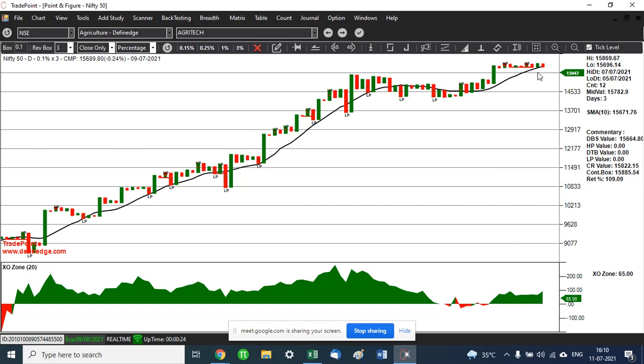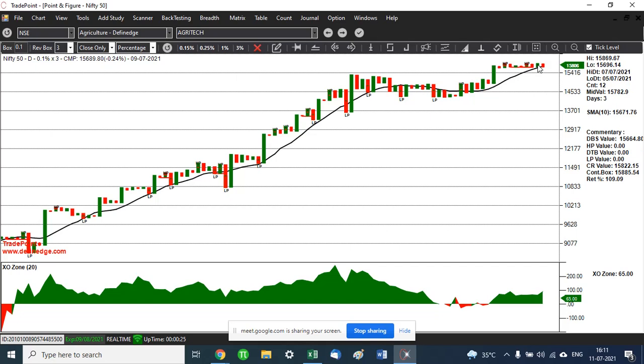Now, if a stock is in a bullish trend, that is, it is above the moving average, and we get a double top buy, we can enter that stock with a small stop loss. Now, if you look at Nifty here, which we have plotted on a 0.1% box value on the daily chart, we can see Nifty has just come below the single moving average. It's kind of at the cusp of the moving average, so it might just turn bearish from here.